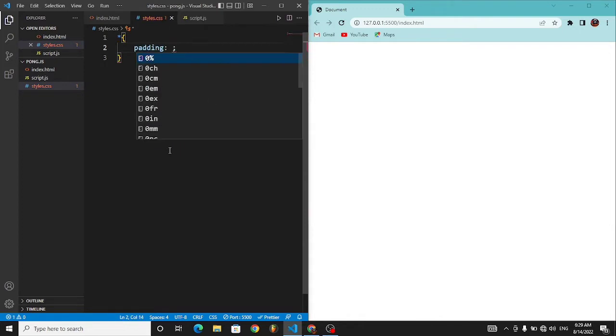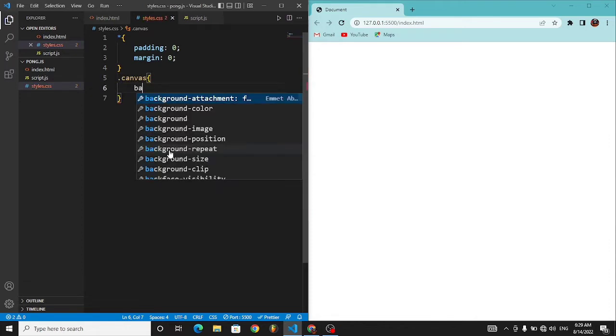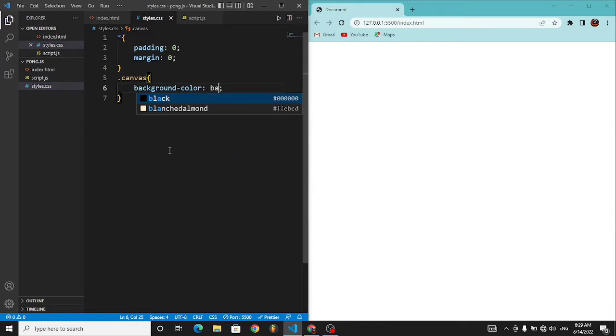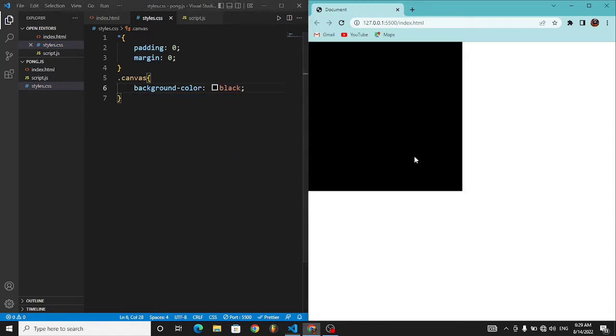Padding is equal to 0 and margin is 0 and our canvas background color is black. Now this is our canvas, and we are going to JavaScript and we write our logic